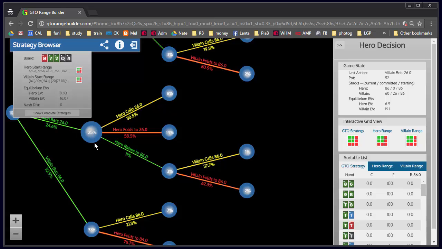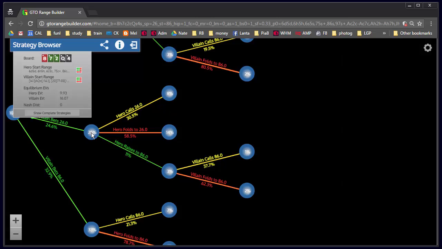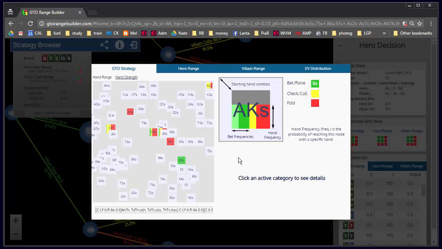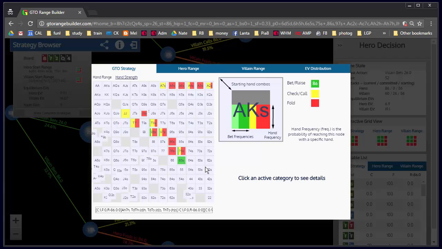Okay, so with our question in mind, clicking on this node, clicking on the GTO strategy, we see what we should do based on the range I'm assessing on the river. We see that we should be folding ace-6 suited, which is indeed what I did. And we see that our defense should be the top of our range. So jacks, in this case,